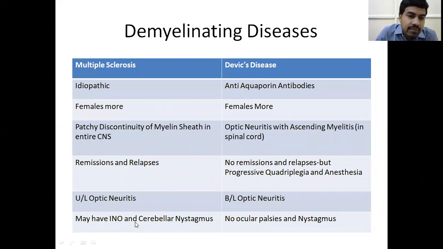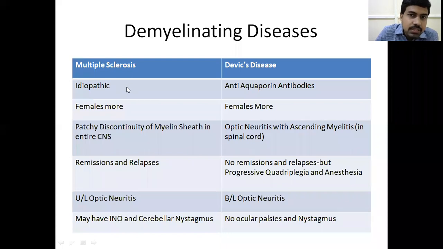So internal nuclear ophthalmoplegia is a very separate chapter in itself, a very big one. It is required for PG level, not required for you, but in PG entrance they'll be asking you. But this INO you read in your PG coaching classes. There they'll be explaining it in detail. Here the time is not sufficient to explain INO. Also, if you want in your clinical classes, we can see it separately.